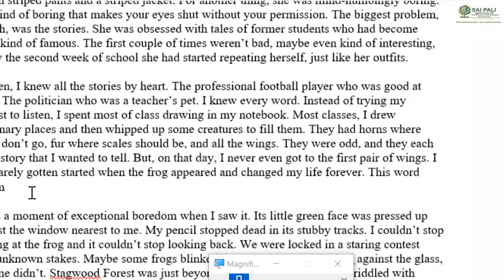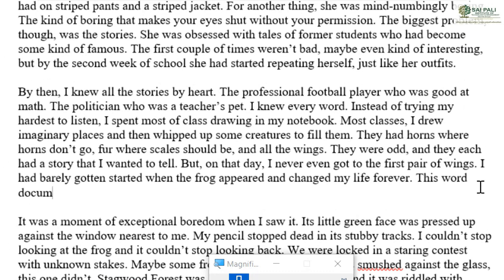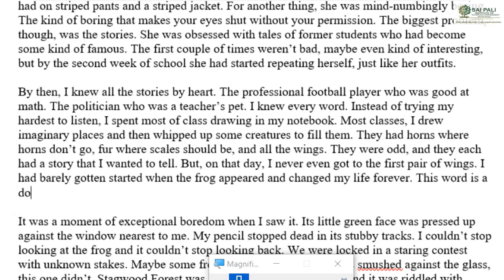So it cares about the left alignment, but it does not care about the right alignment. So if I type this big word, it goes on to the next line. But if I type a small word like "is", it is still in the same line. Now I type "document" again, and it goes to the new line, because the word which I am typing now is not able to fit into the space which is remaining.